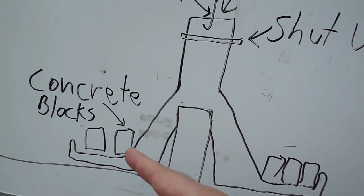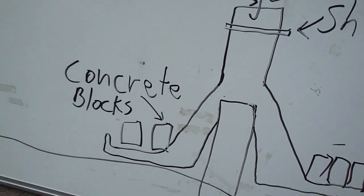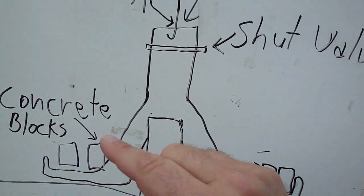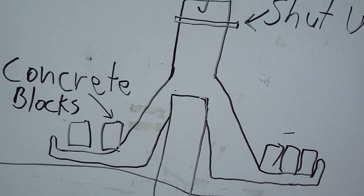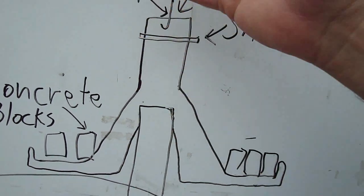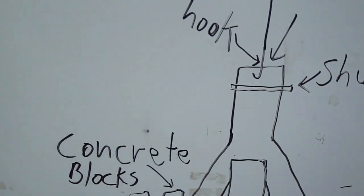The next step is to take concrete blocks or whatever you use. I'm used to working with concrete lock blocks, those big square concrete blocks you see on the side of some highway projects, right? You could place several hundred tons of them all the way around this whole unit. So you've got maybe 300 or 400 tons of concrete blocks holding this whole thing down, so you know you've got enough weight on it so that the oil pressure cannot lift this whole unit off. Okay, then you shut the valve, and as far as I can tell from this kind of a unit, you would effectively